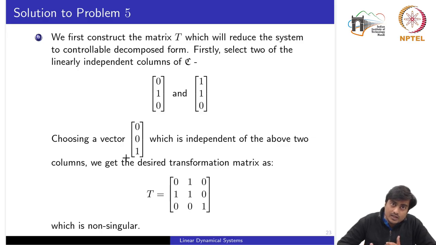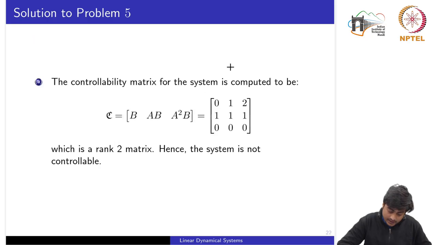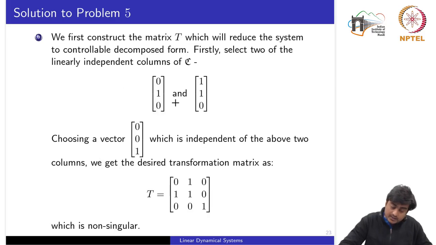There are different ways of doing the decomposition. In fact, when you were computing the canonical forms, it is also one sort of decomposition. So here, since the rank is 2, it means that there are at most 2 linearly independent vectors. So looking at the controllability matrix, we can pick these 2 vectors, the first vector and the second vector, as the linearly independent vectors,